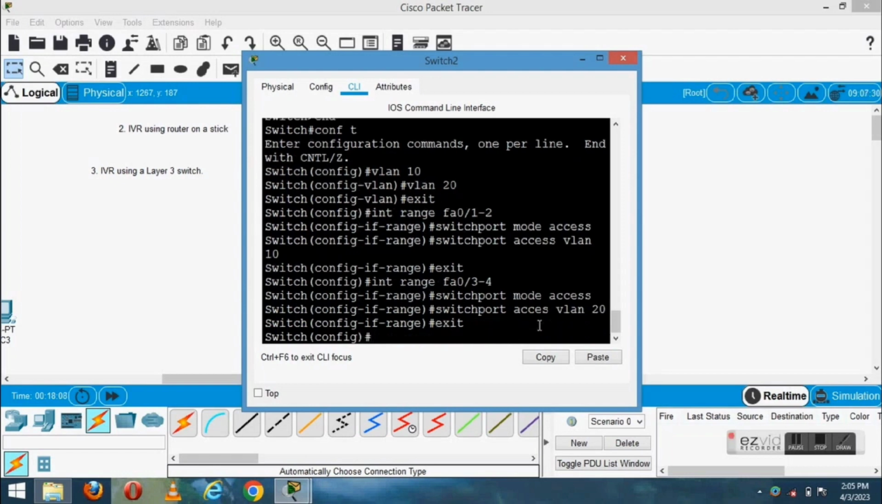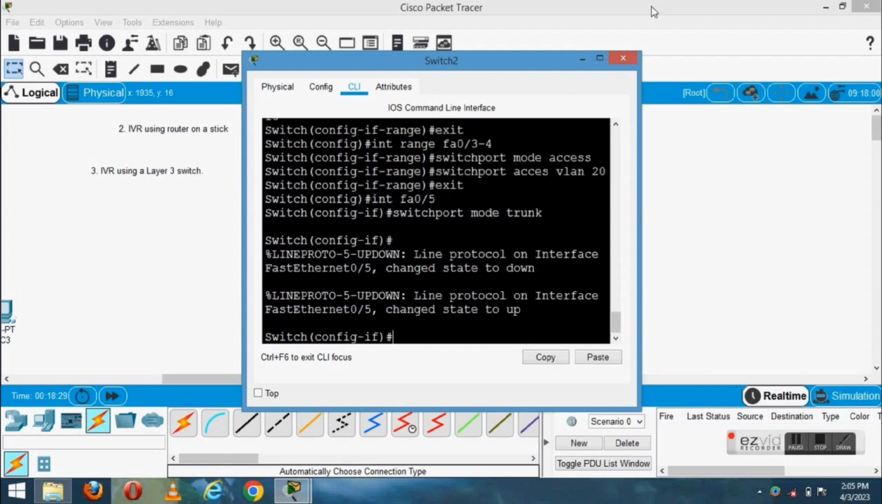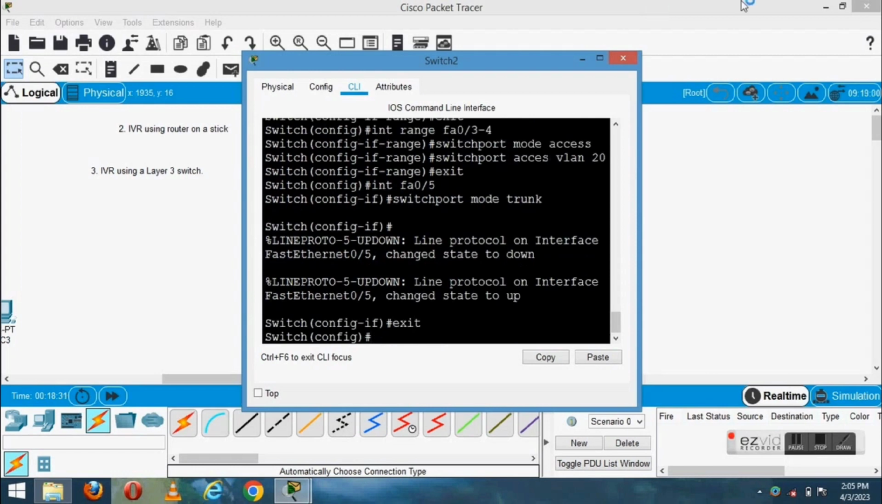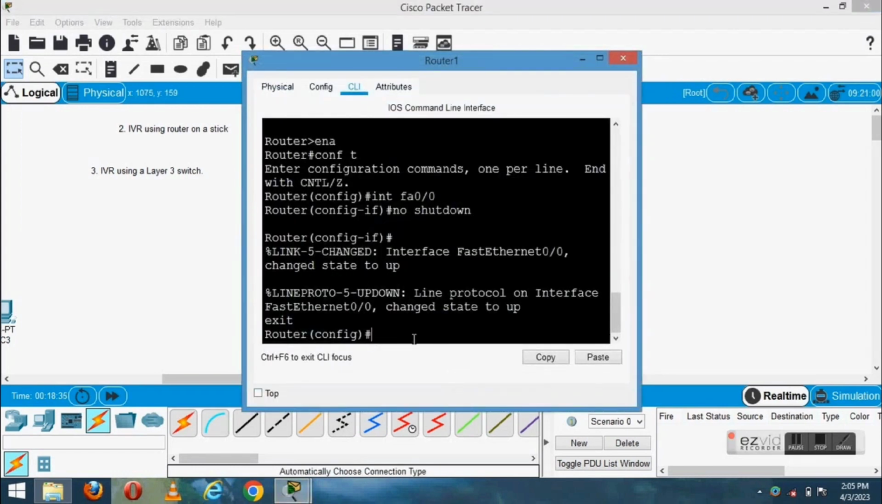Exit. Now after creating the VLAN and categorizing it, let us configure the trunk, that is interface FastEthernet 0/5. Switchport mode trunk. The trunk link is up. So exit. And now let us go to the router, and here we have to enable the encapsulation